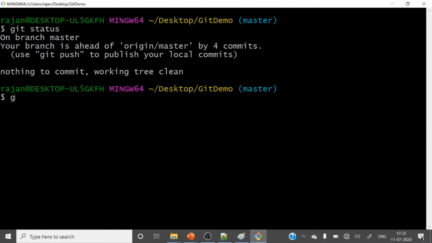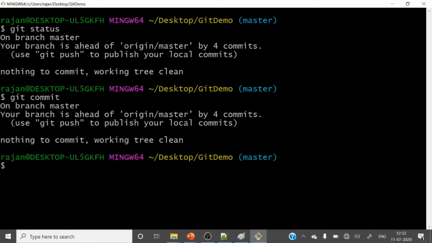Now I am typing git commit. Nothing is there, no files are in the staging area, so it shows nothing to commit, working tree is clean. Until some files are in the staging area, you cannot commit.